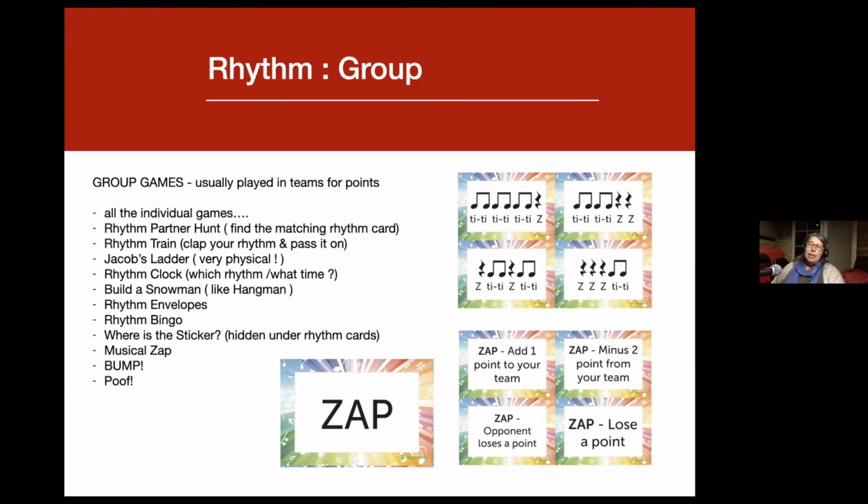Now, if you end up with having 3 or 4 of the same card, it doesn't have to be just partners, it can be in teams. So if you've got large classes or a small number of rhythms being used, you can do it with however many you wish. Now, the rhythm train game is where you would give, usually I would do this sitting in a circle,